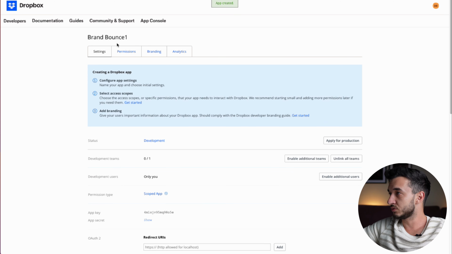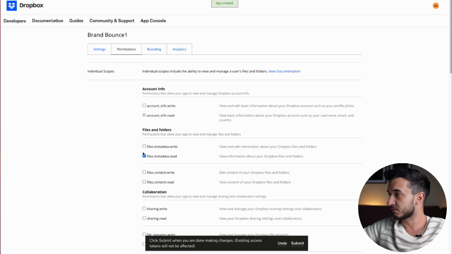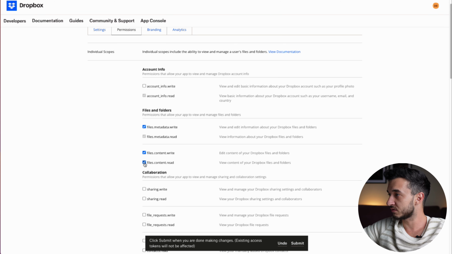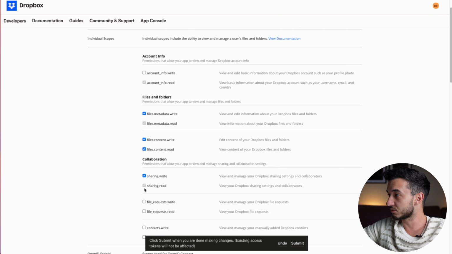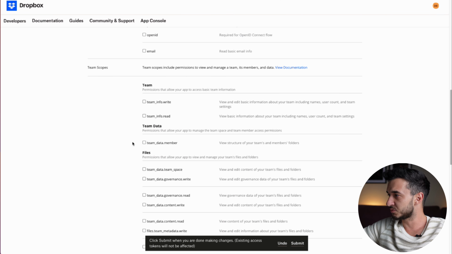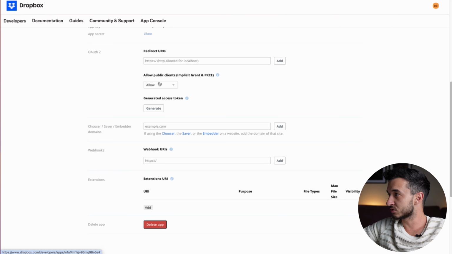Okay, then you need to go to permissions and mark files metadata write, files metadata read, files content write, files content read, sharing write, sharing read, file requests write, file requests read, and that's pretty much it, and click on submit right here. Then go back to settings and scroll down to generate access token and click on this button right here. It will generate you an access token, so make sure to save that and don't share this